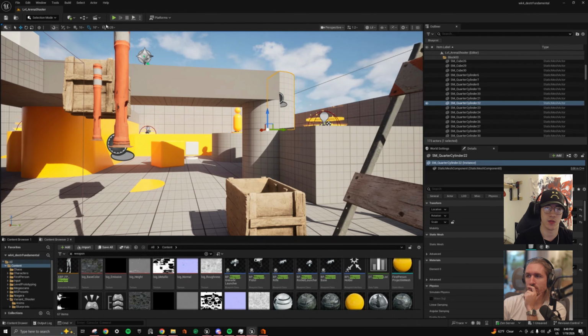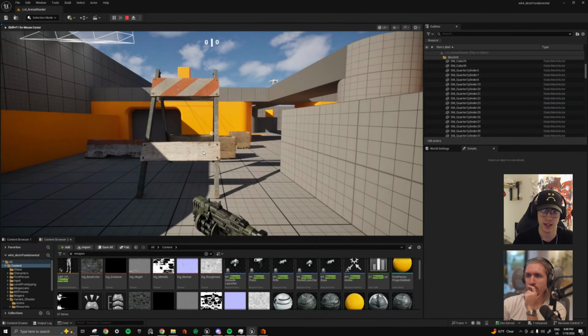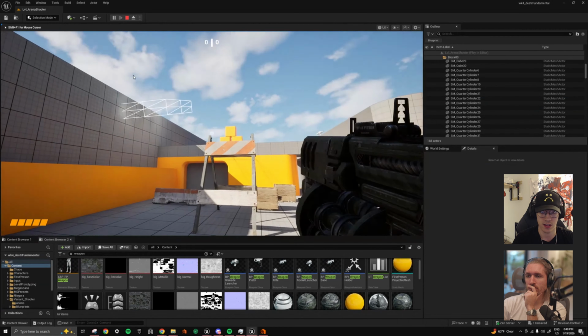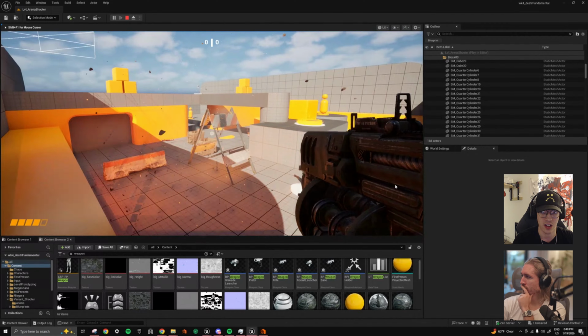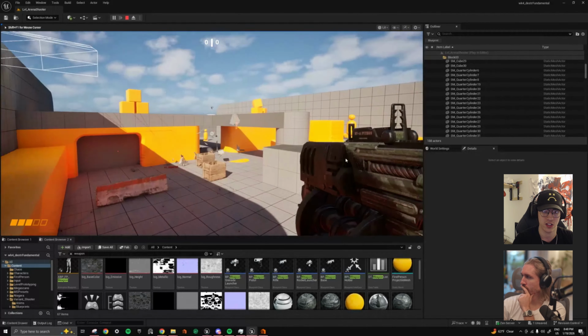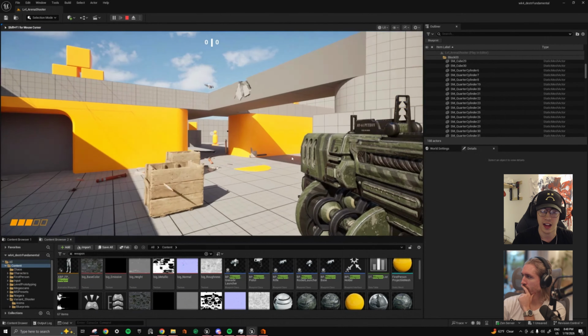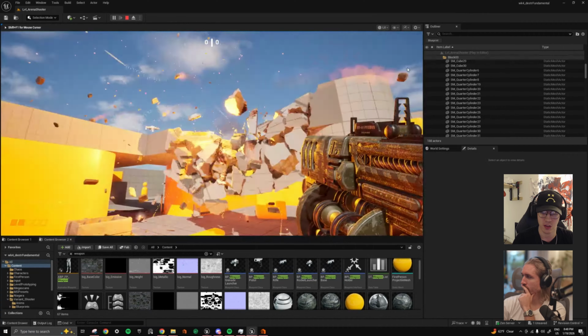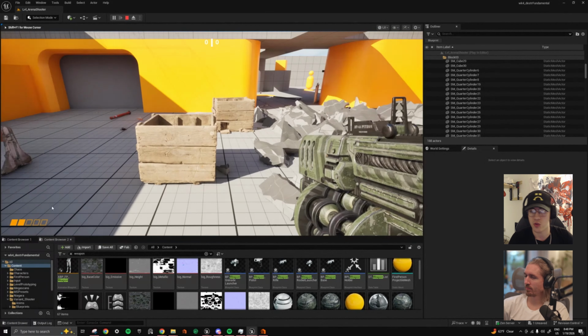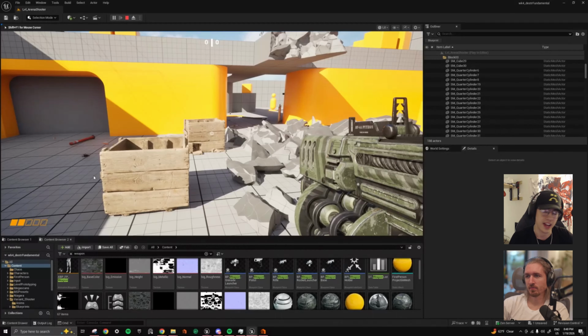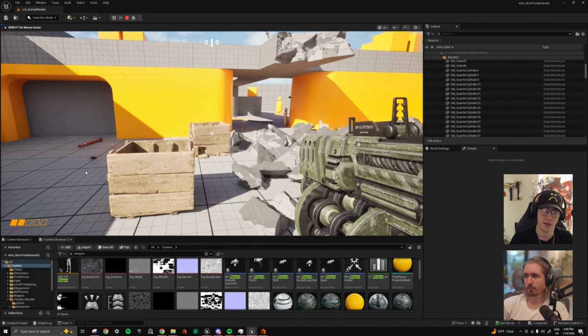Yeah. So we're here in a test level as well. This is from week 4 of the course. You can see I just have a bunch of objects here. This comically large traffic stand. We have this bridge here, which is just a simple setup, but you can see we have the particles on them. And then we have 2 different ideologies for how you might go about fracturing and